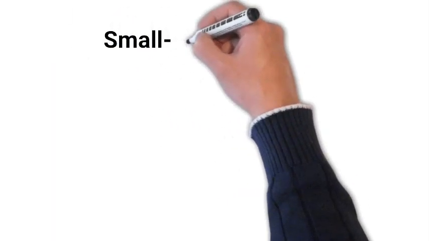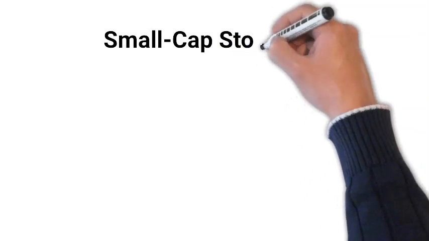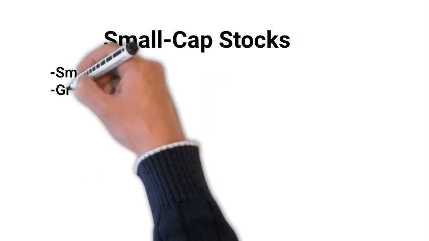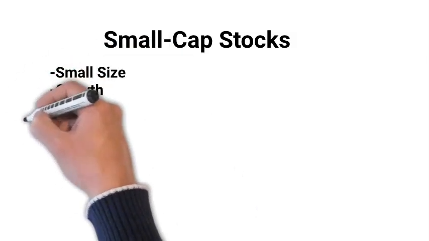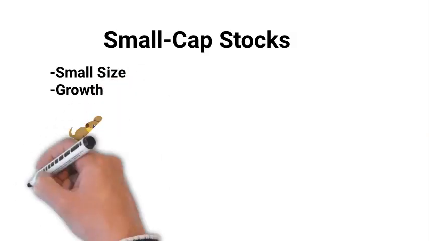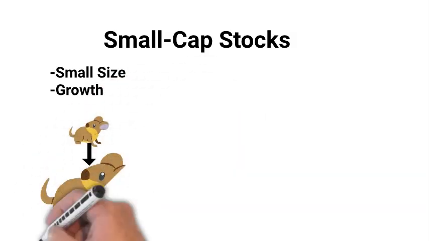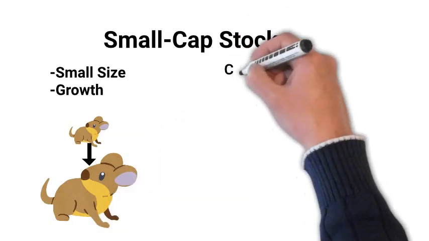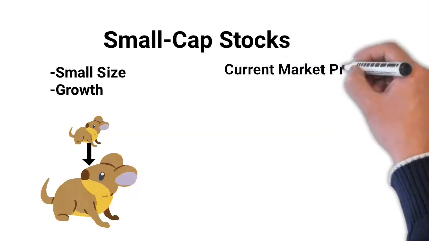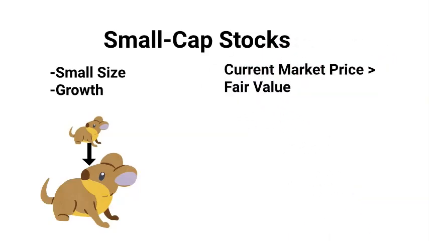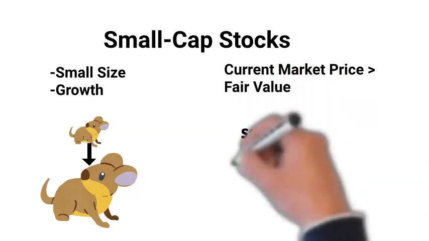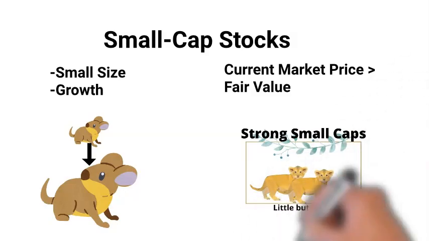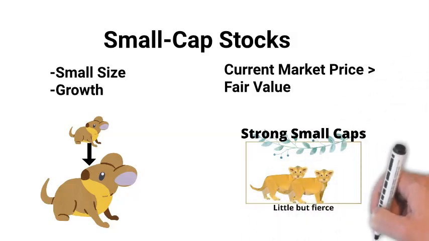Small cap companies are generally small size companies with the potential to grow. However, it is interesting to note that not all small cap stocks belong to small-sized companies. A company whose market price is lower than its fair value and that has a small free float can still be a small cap company. In this case, it is not categorized as per the size of the operations of the company. Examples of such small cap companies listed in the National Stock Exchange are Bajaj Electricals and Confin Homes. Both these companies belong to large corporate groups and have good cash and product portfolio at their disposal, yet figure in small cap space.